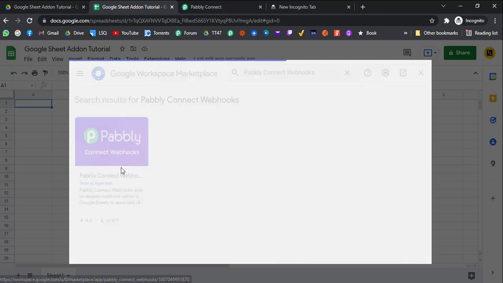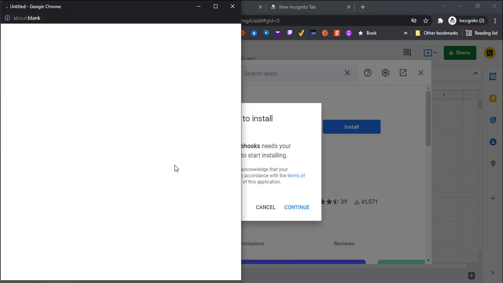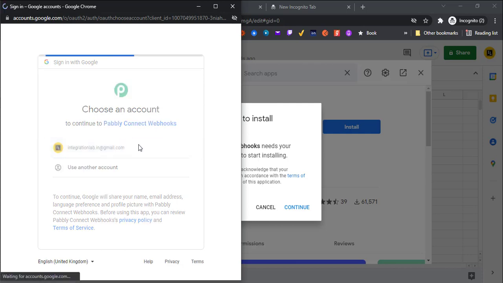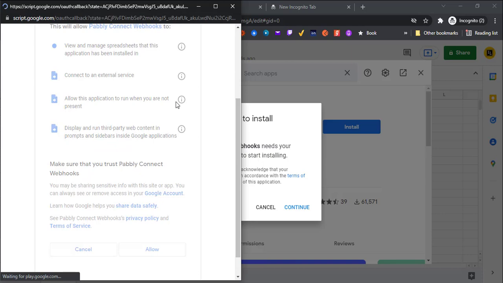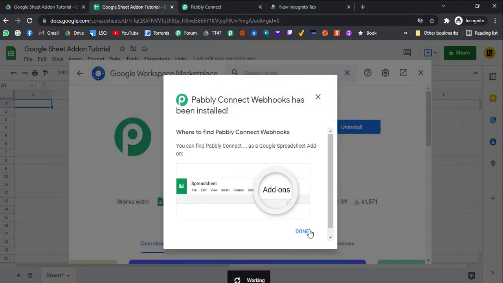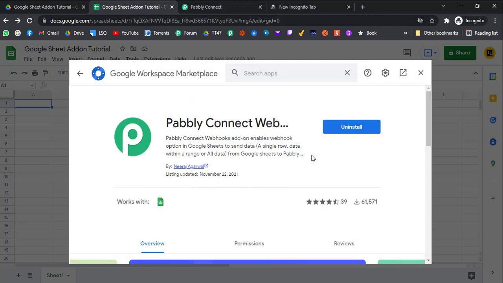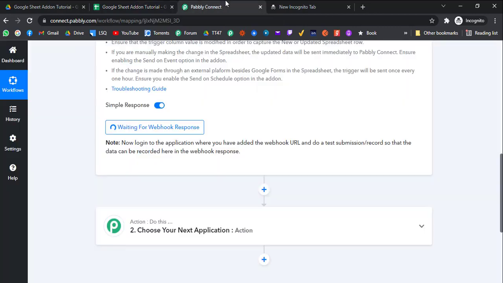So just click on that, click on install, continue, and allow the required permissions. Okay, so basically it is done now. You can click on this close button.